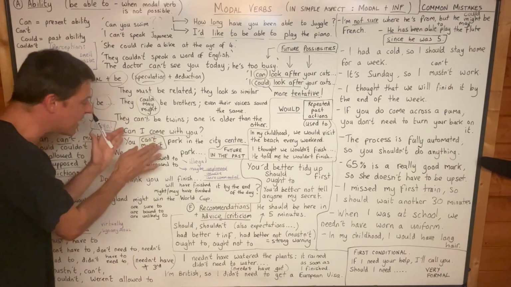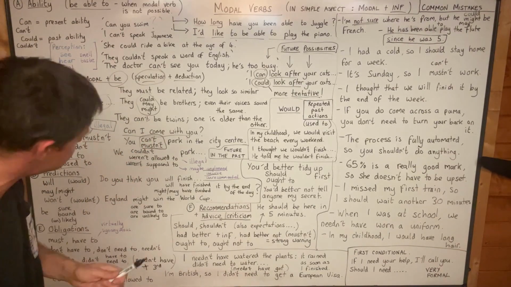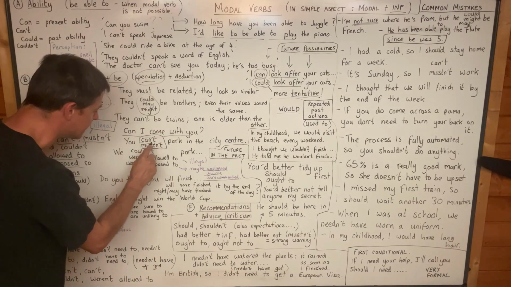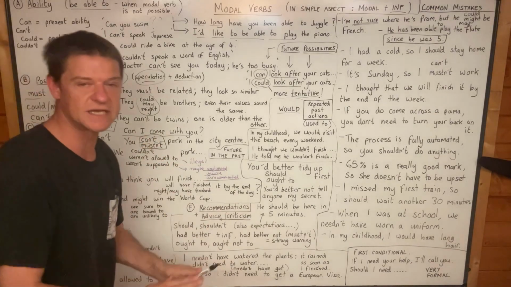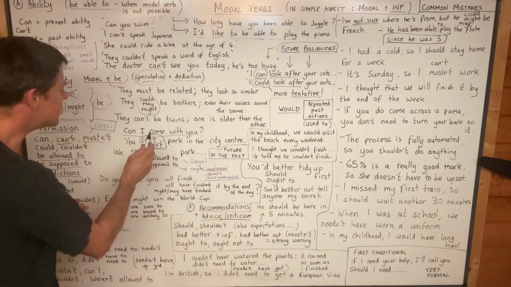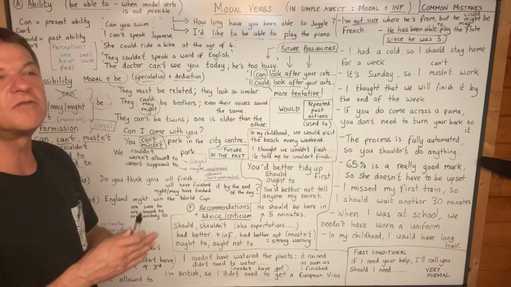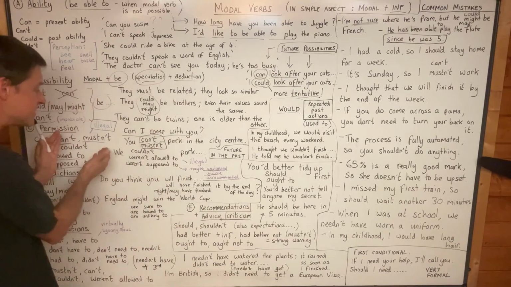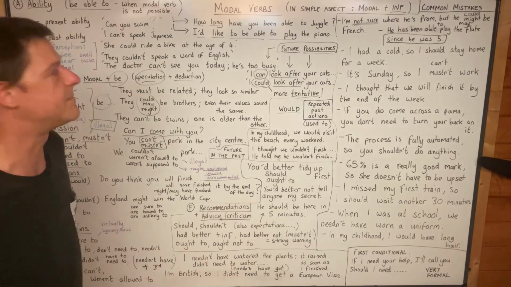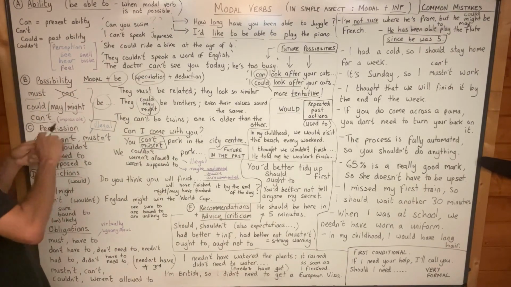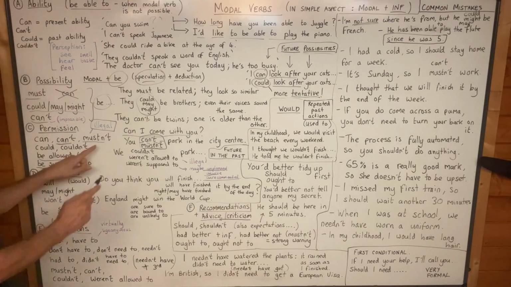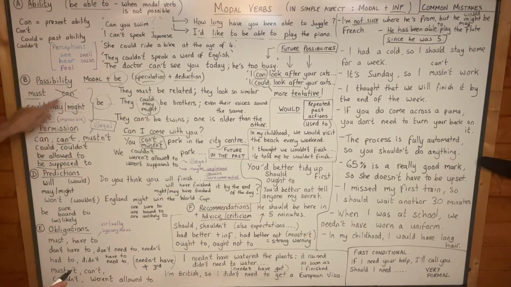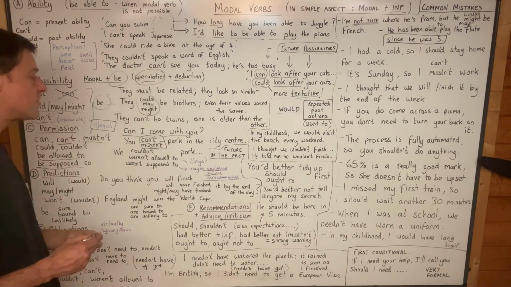Now these here, I put this up here on purpose to show you that sometimes there is a slight difference between can't and mustn't. Always use mustn't if you want to say not allowed or illegal, because can't has that second meaning of not possible. Mustn't does not mean that. Mustn't never means not possible. It's not here in possibility, mustn't. Must is, but mustn't isn't. And so mustn't never means possibility. Can't does mean possibility. And so if you say you can't park in the